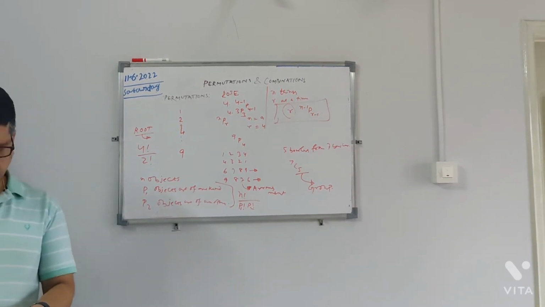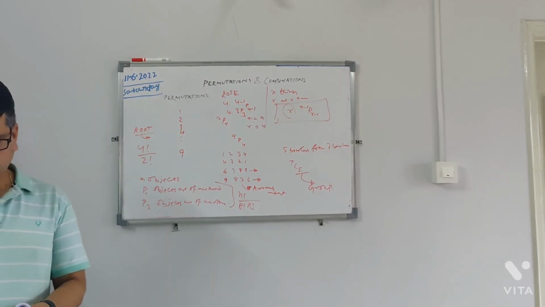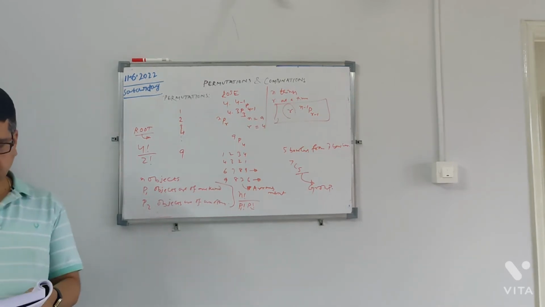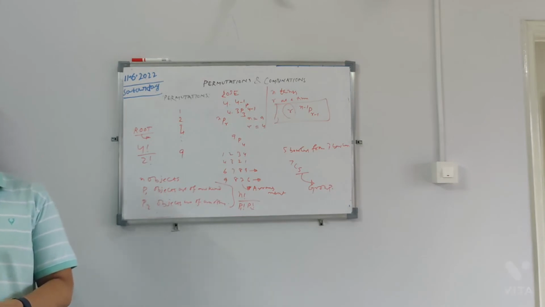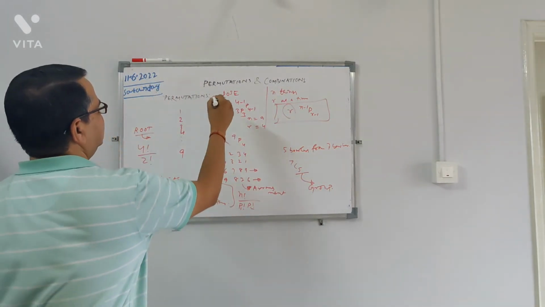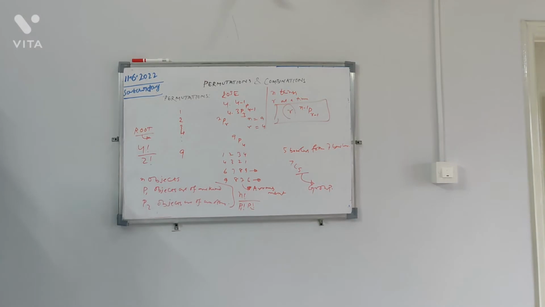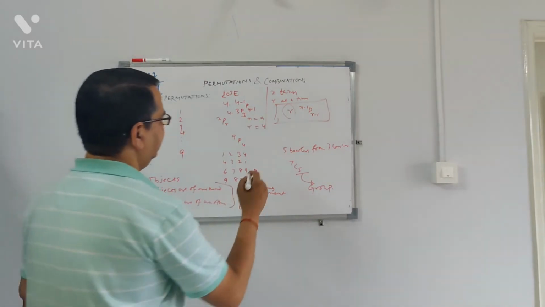So these tricky things only will come in the examination. Now another one is the number of permutations of n different things taken r at a time when a particular thing is never taken in each arrangement. Suppose here one particular thing is always considered, but you imagine you are not taking it at all. So that will become (n minus 1)